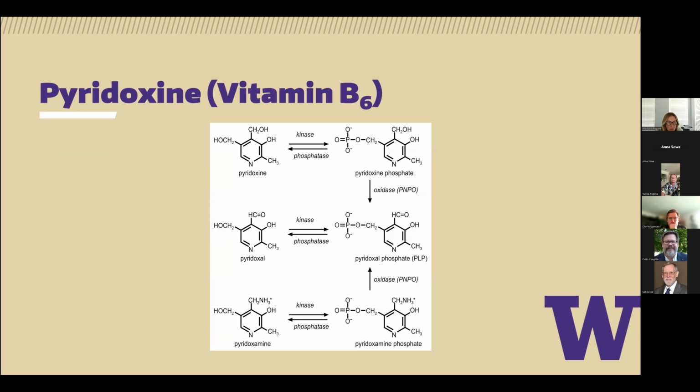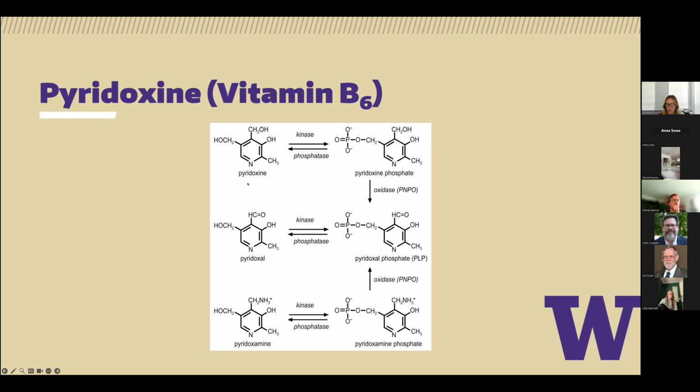So as far as vitamin B6 is concerned, I think a good review is to remember that the term pyridoxine really refers to all 6 of these chemicals that you see in this schematic. But pyridoxine per se is just one of these 6 chemicals, but generically the term is used for all 6. In plants and animals, depending upon the species, one will find a variety of these B6 vitamers. That's the term used for each one of these substances. And what's important to understand as far as the biochemistry is concerned is that they can interconvert from one to the other. But the most important chemical reaction in all of this